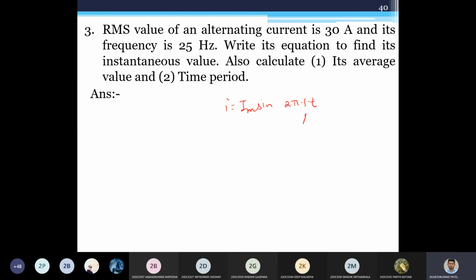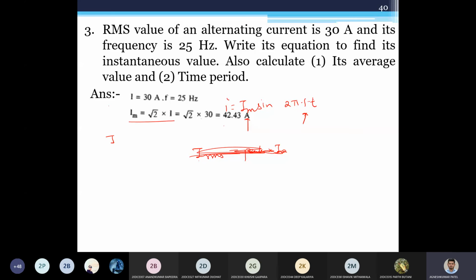Now what terms do we need here? We need f and we need Im. What is given is RMS. So we know the relation between RMS and Im. It is related with the peak factor. If I know the peak factor, you can multiply with Im, then my RMS value would be that. The RMS value is given as 30 ampere, and this won't help you here. Something different will help here. Let us see. First of all, it's very easy to find the frequency, and I can calculate the instantaneous current i using this equation.